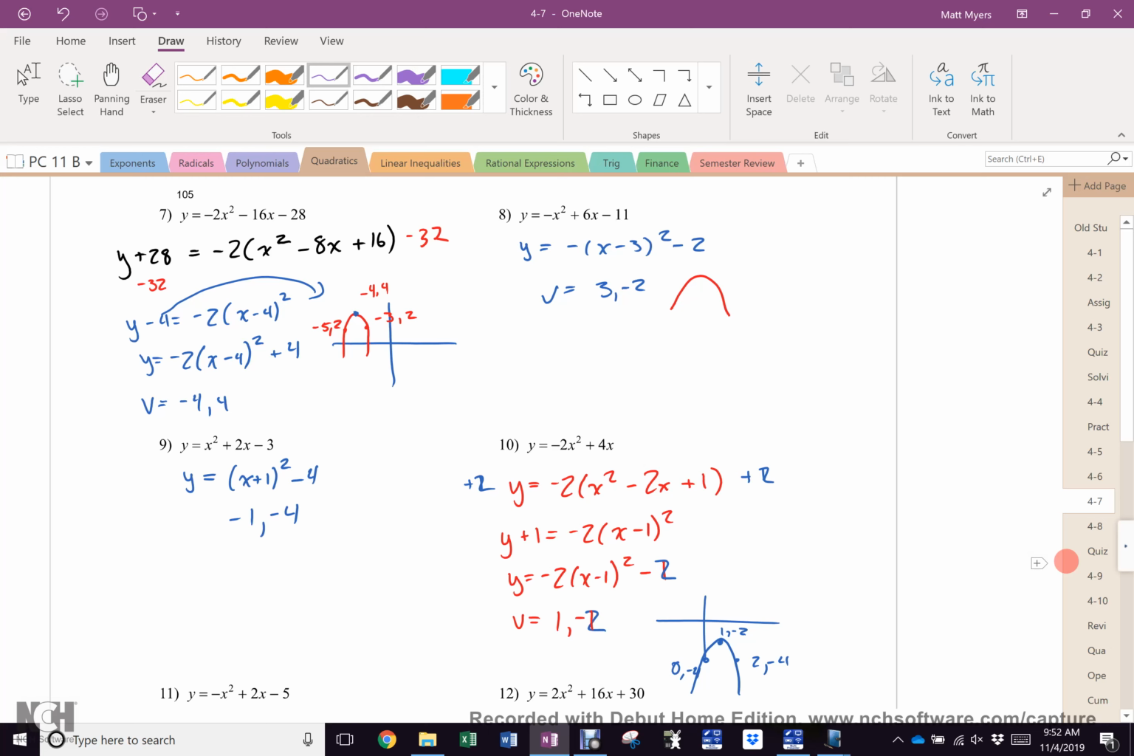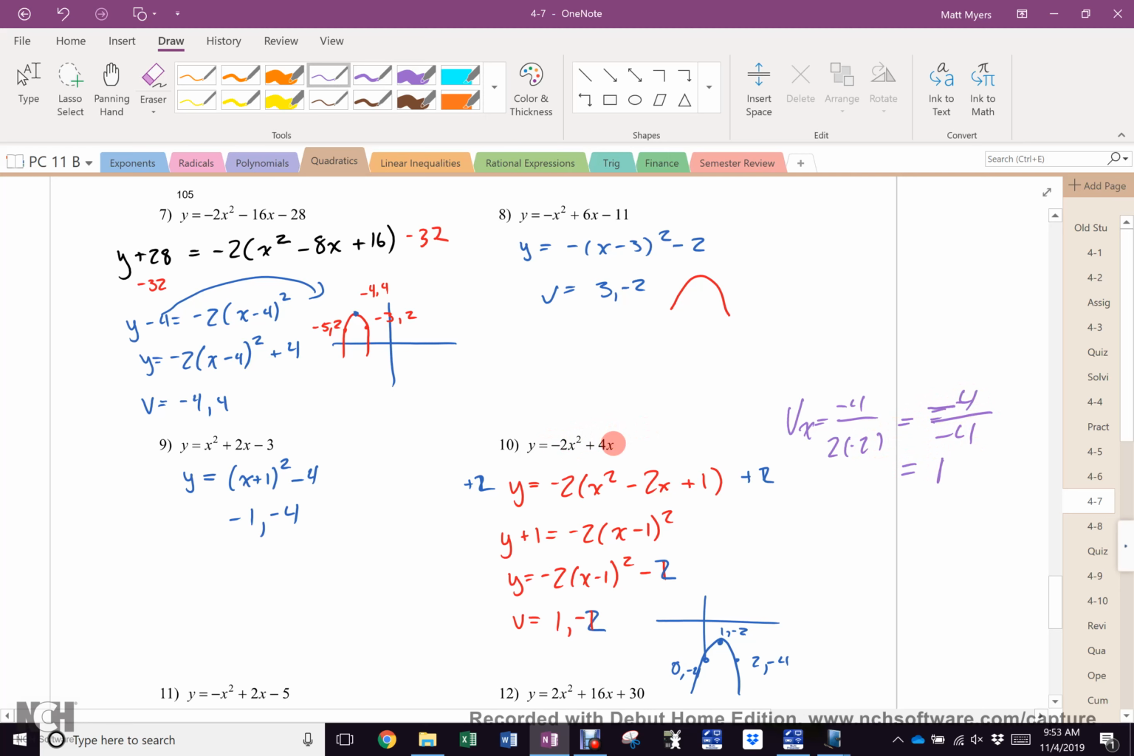Don't she- What, Madison? 10. Which one? Negative b over 2a. Okay. Vertex x equals negative 4 over 2 times negative 2, which is negative 4 over negative 4, which is positive 1. 1 squared is 1. Negative 2 times 1 is negative 2. Negative 2 plus 4 times 1 is 4. Negative 2